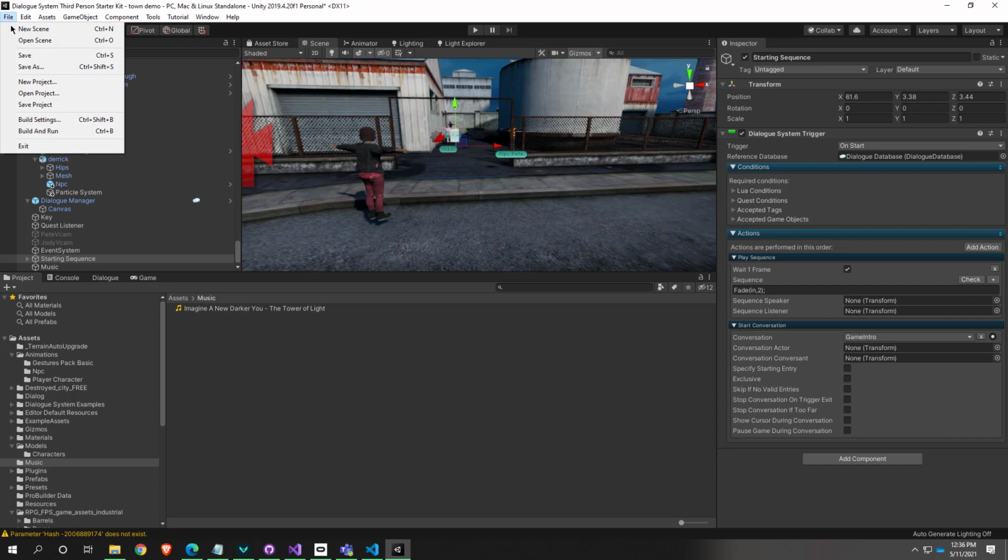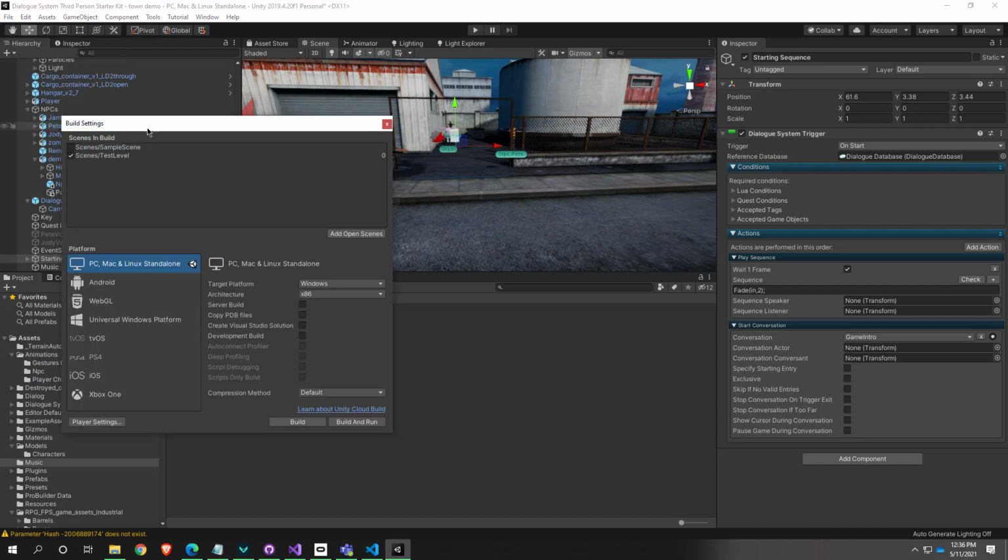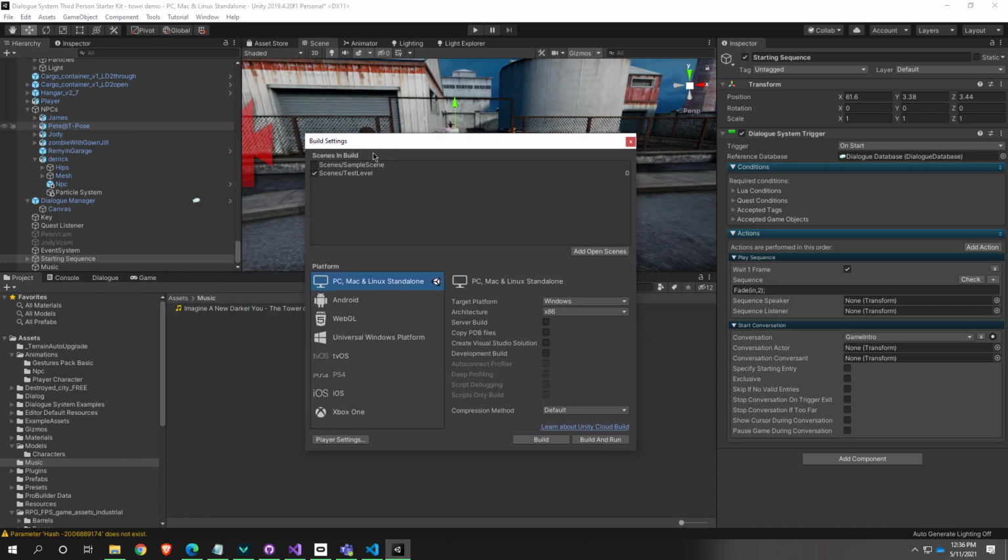So I'm going to go to File and then choose Build Settings. And what you want to do is make sure you have the scene that you've been working in added to the build settings here, and you don't want any other scenes. So if you don't have your scene here, you hit Add Open Scenes. So now I've got Town Demo added, and I'm going to uncheck the other scenes so that our build only